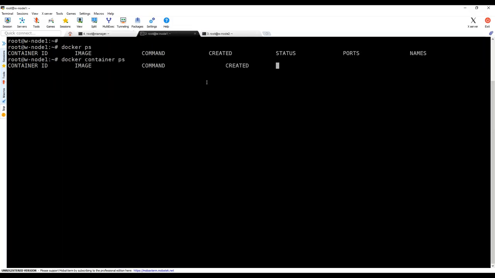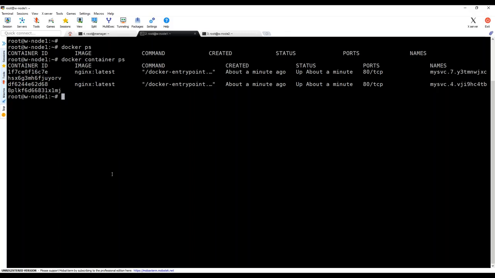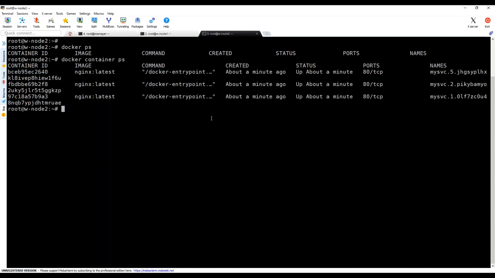Did I run any command here? No, right? But who deployed the container here? Did I run any command here? But who deployed the containers here? This is nothing but your manager, team. That is the advantage of